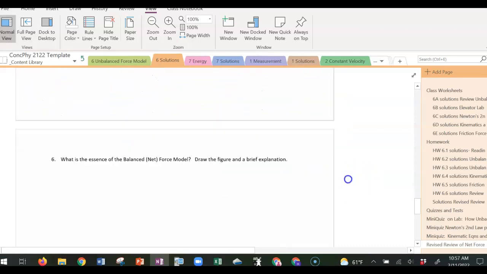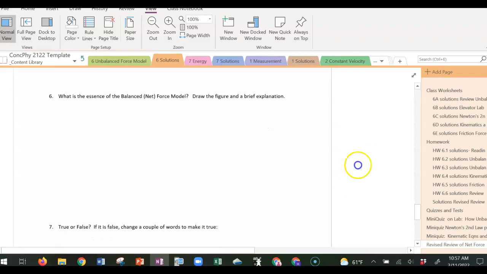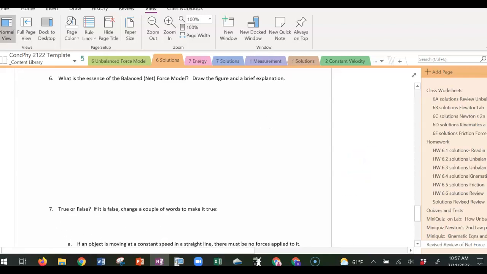Let's go on to the next page, the last page here, where there are some questions that are fairly conceptual. The first one is, what is the essence of this? Oh, and this should say unbalanced, or net force model. And it says draw the figure and give a brief explanation. Well, the figure that we had, I remember it had this little diagram. And on the left-hand side it said, if the object